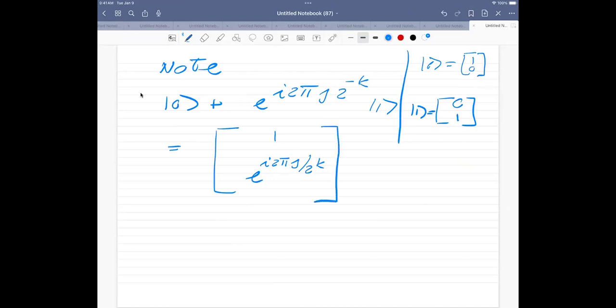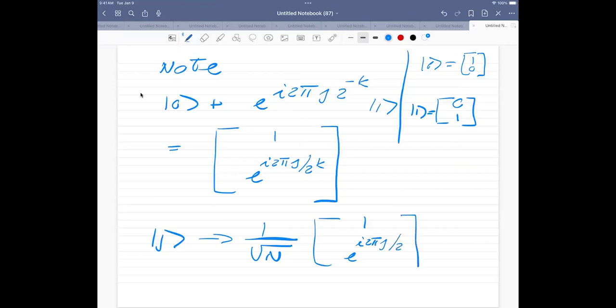So that means that the transformation which we get, the way this state |j> transforms, is into 1 over square root of N, and then I have the tensor product of all these guys here, of e^(2πi j/2), that's the first one, because then we are, sorry, this is just 2 to the power of 0,